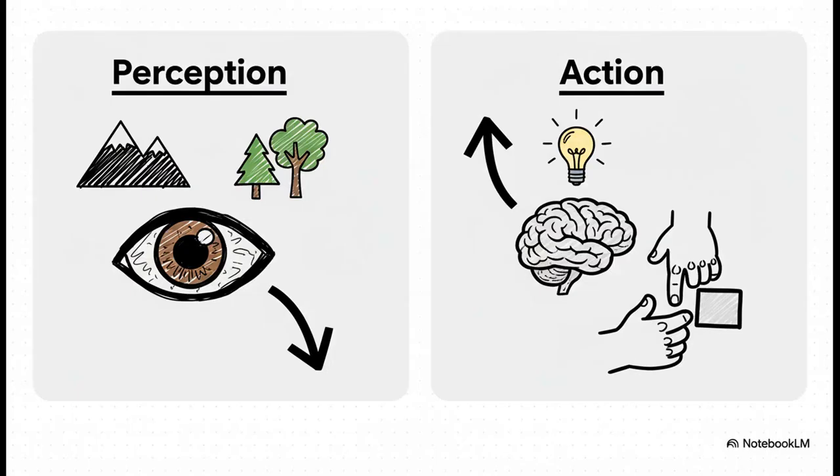But here's what's so cool. It's not a one-way street. Of course, there's a downward flow from the world to your mind. We call that perception. But, and this is absolutely crucial, there's also an upward flow from your mind back out to the world. We call that action. An idea, a pure concept in your head, can actually lead you to physically change the objective world. And it all happens through that bridge of consciousness.